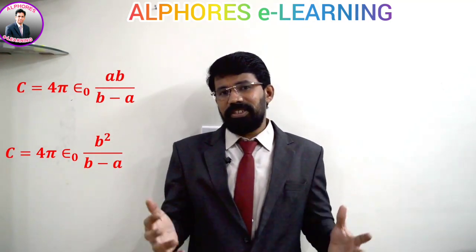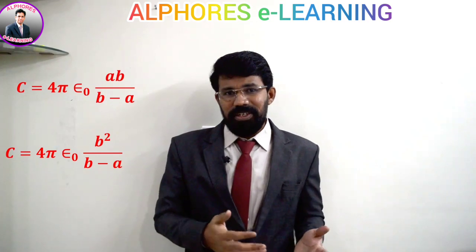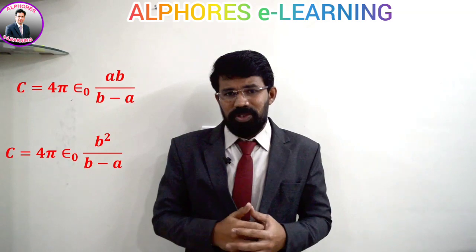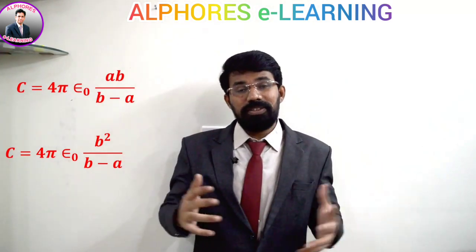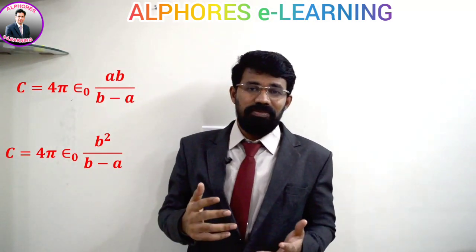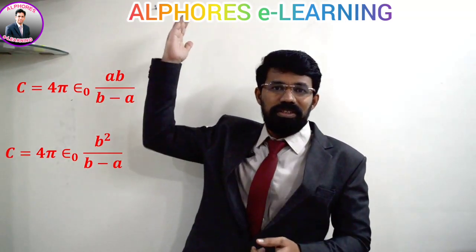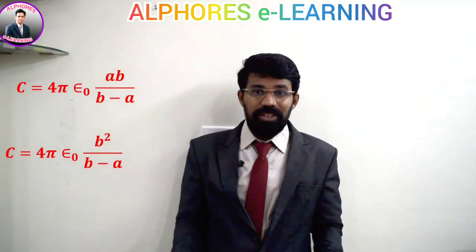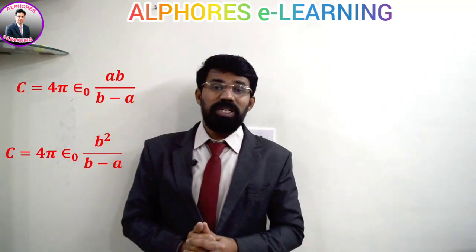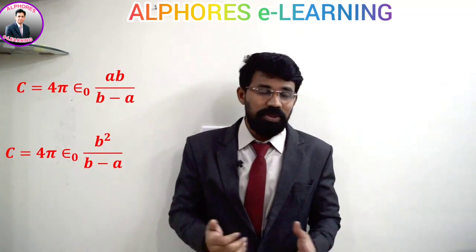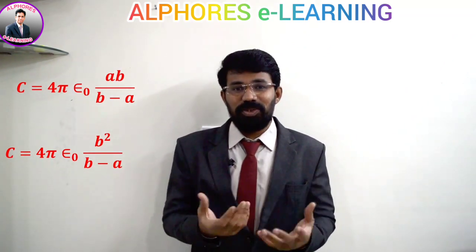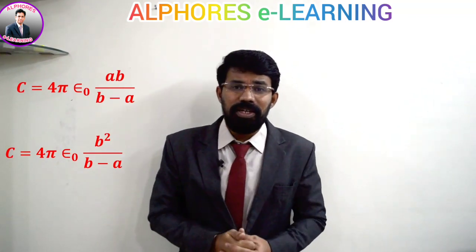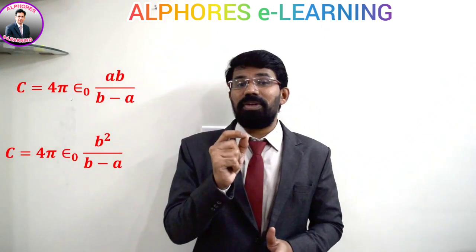But if I call earth a spherical capacitor, just now I said, whenever we deal with a capacitor, we see two surfaces. So one surface is earth. Where is the other surface? Yes, there is another surface. We imagine that the other surface's radius is infinite. So when you go with that approach, a single sphere's capacitance can be expressed as 4 pi epsilon naught r, where r is the radius of the sphere. The radius of the earth is known to us, 6,400 kilometers, and the value of 4 pi epsilon naught is also known. We can substitute, and if we calculate, the capacitance comes out to be 711 microfarads.